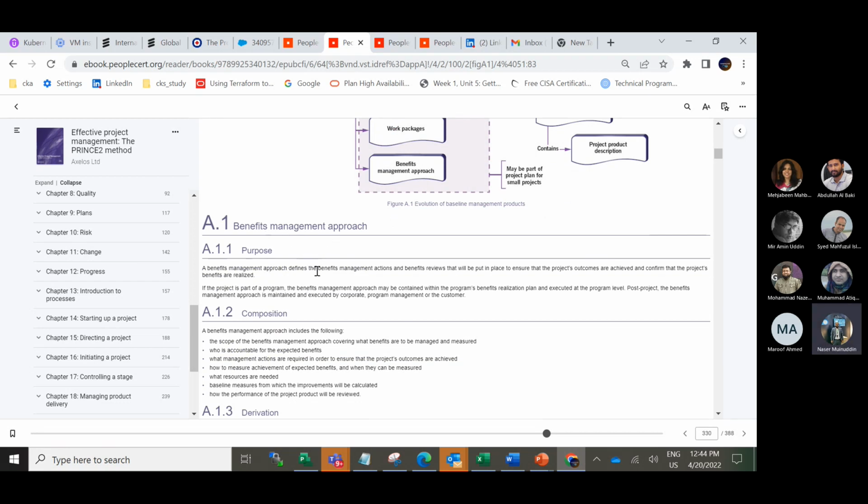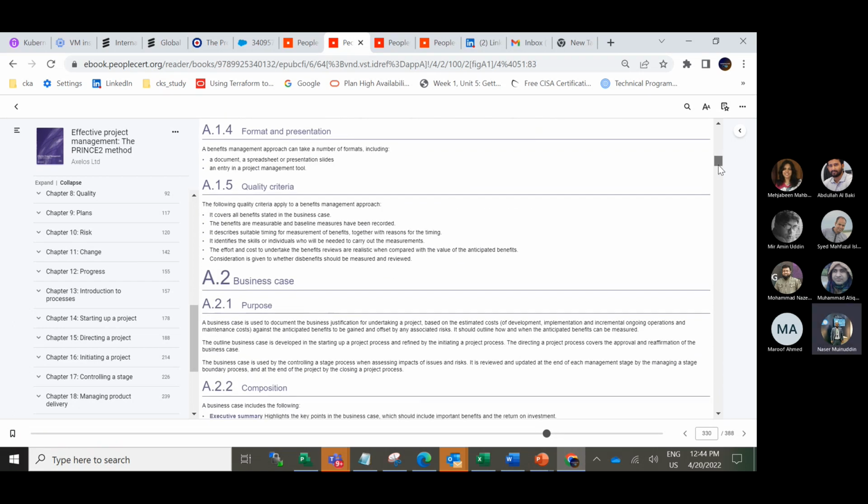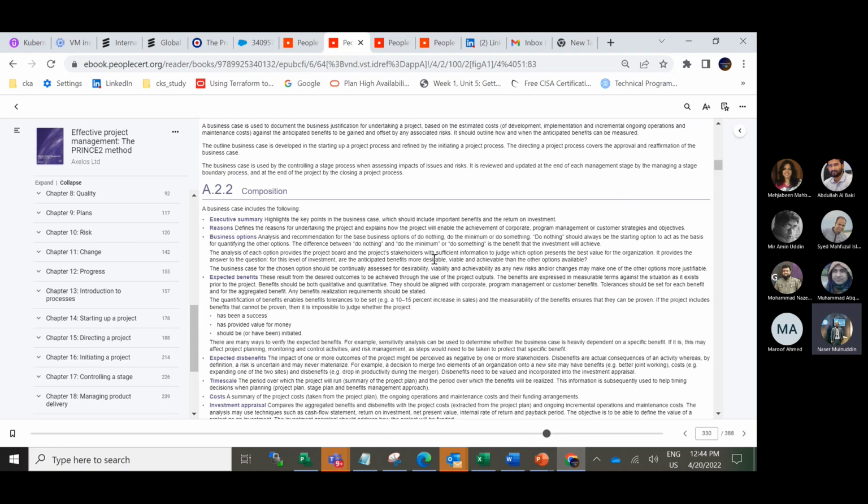You can get the total definition from the appendix here: why the benefit is there, the scope of the benefit, and who is accountable for the expected benefits. This is the business case: the executive summary, the reasons why you are taking it, the expected benefits, and what the benefits are. So you need to justify in detail in the business case here.